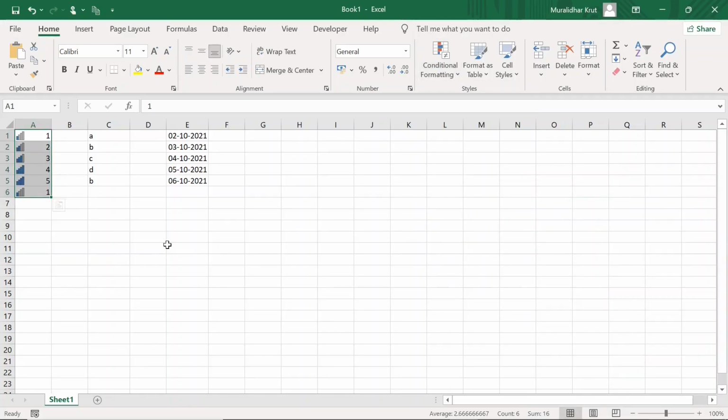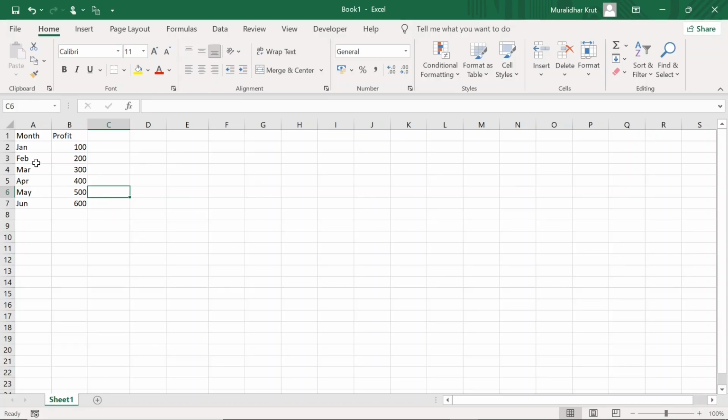If I select this, you can see 1 is showing very little, and it is increasing a little bit, 2, 3, 4, 5, and again 1 has decreased. So you can see diagrammatically how this data is performing. Now let us see format as table.